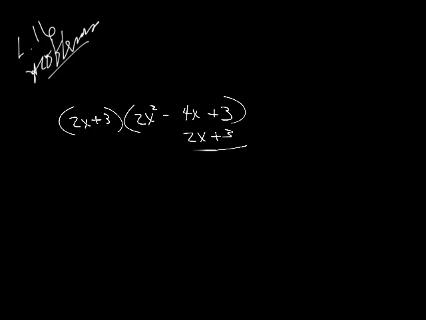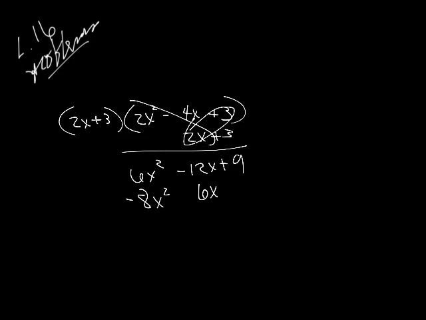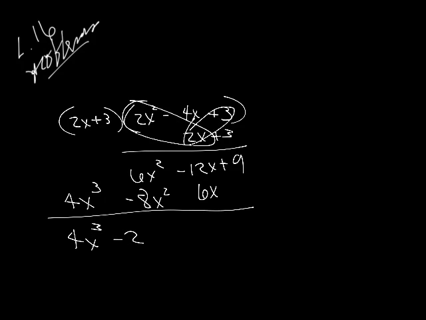So if they have it like this, they can go 9, negative 4x times 3 is negative 12x. Don't forget your signs. And 6x squared, and then when they do this, they put it underneath the other term that's like it, and this one they'll put underneath the other term that's like it, and when you multiply this, you're going to get 4x cubed. It doesn't have any like terms, so it's kind of out here by itself. And then you just add, this is the combining of like terms,